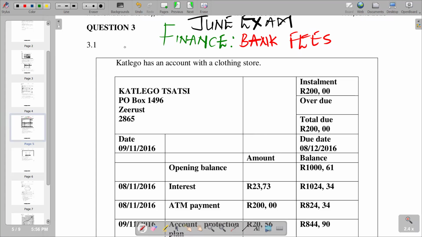We want to look at question 3 from the June exam. Question 3.1 reads, Katlego has an account with a clothing store. You are given a bank statement. We have a column showing the dates, a column with the details, the amount column, and finally the balance column. So we can go through the information that we are given